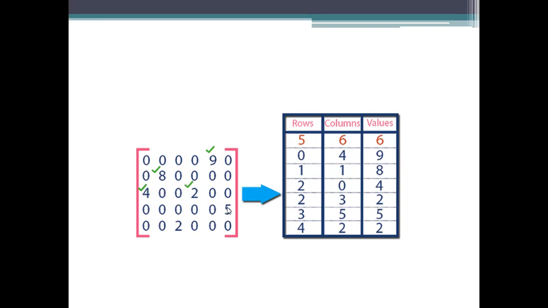And coming to the next, the third row and the last, 5th column, we are using the value 5. And then the last one here is the 4th row, second column, and the value 2 will be stored here. So this will be the storage representation of the sparse matrix here.